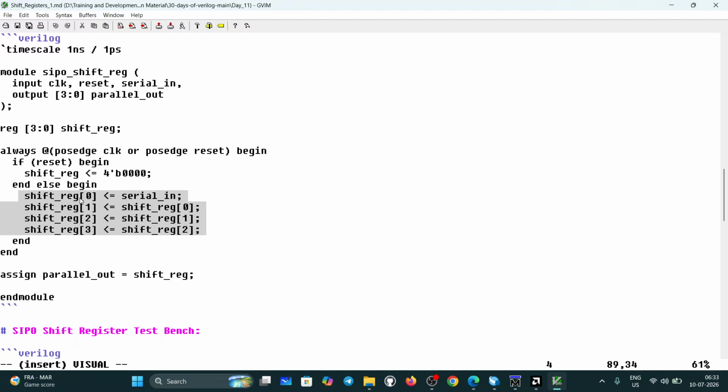Serial in goes to shift register 0. Shift register 0 goes to shift register 1. Shift register 1 will be assigned to shift register 2. Shift register 2 is assigned to shift register 3. At last,